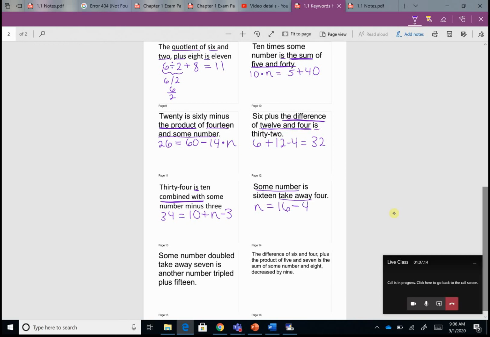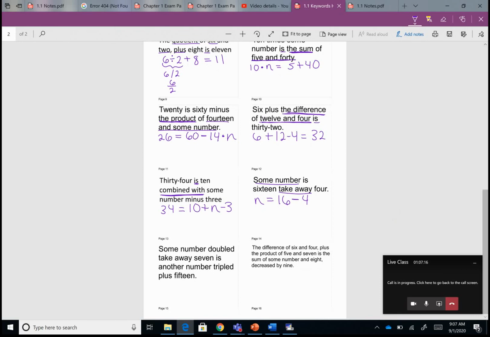Now the last two, they start to get a little bit wordy, but remember, stick with your foldable if you need to. Break it down piece by piece. Don't let the length of the question scare you away. Don't let the amount of words in a question scare you away. Let's just start at the beginning. Some number